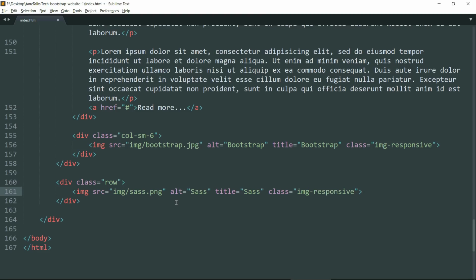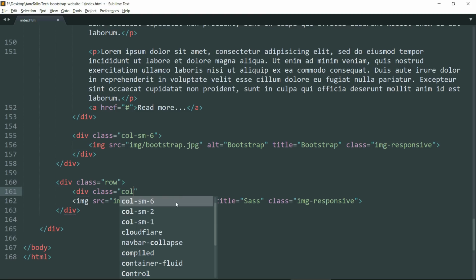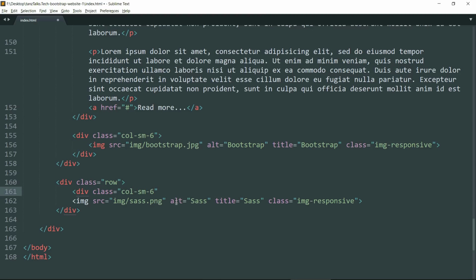Now whatever we write within the alt attribute is shown in place of the image if something is wrong and the image is not displayed, and whatever we write within title is displayed when we hover over the image. Now let's just quickly create a div tag above the image. I forgot to add that div tag with class col-sm-6.